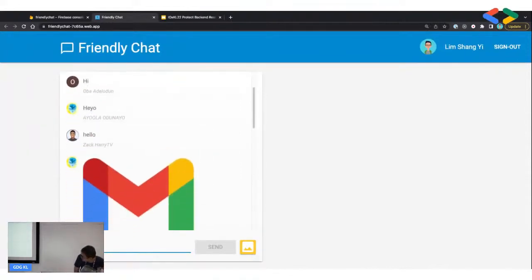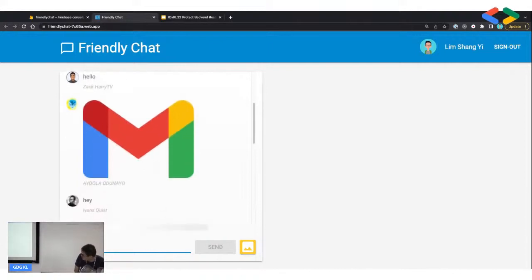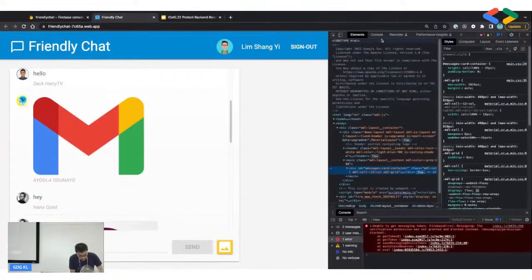All of this data is secured through Firebase authentication, so only logged-in users can actually see this data. If you're not logged in, you're not able to see it. If people want to clone or take your data, from a Firebase point of view, what they can do is check your Firebase configuration, right? So if you go and look at the data here,